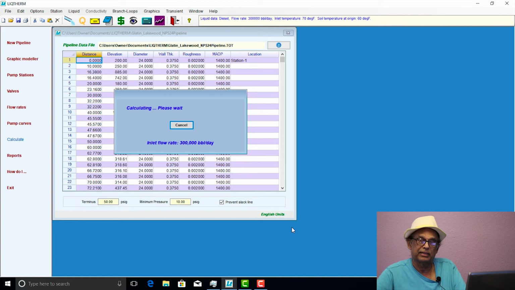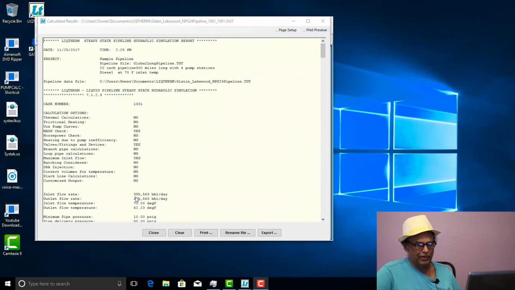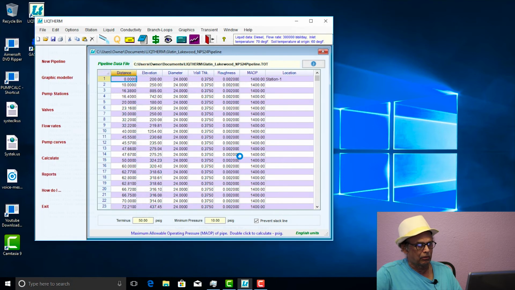We start off with the 300,000 barrels a day flow rate. It starts iterating through the calculation and trying to get the maximum flow rate. Comes out to be 724,649. We'll sit down and wait for a little while, and you should be able to get the result shortly. Okay, now we've got the result here, and the program says the maximum flow rate possible is 395,563 barrels per day, and we're going to go ahead and close that,